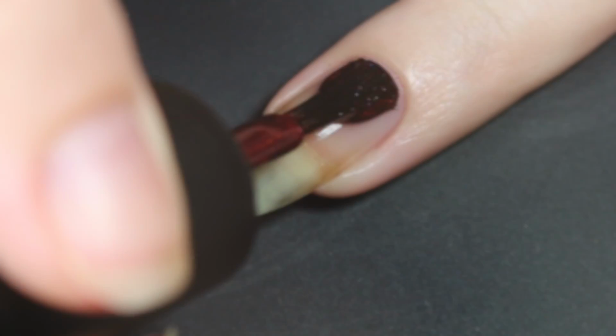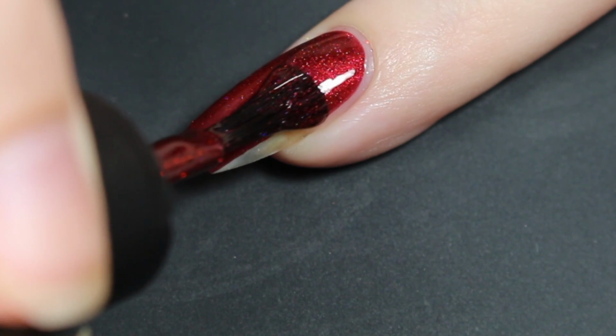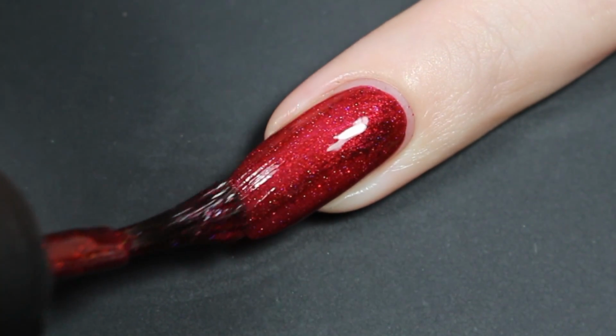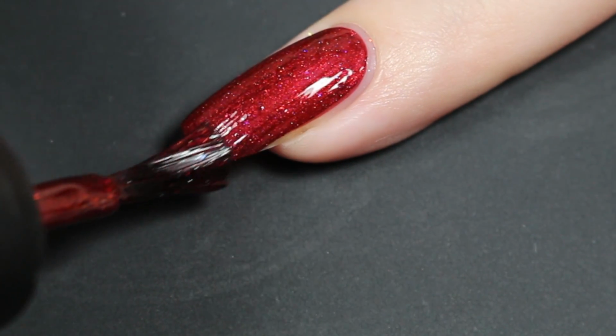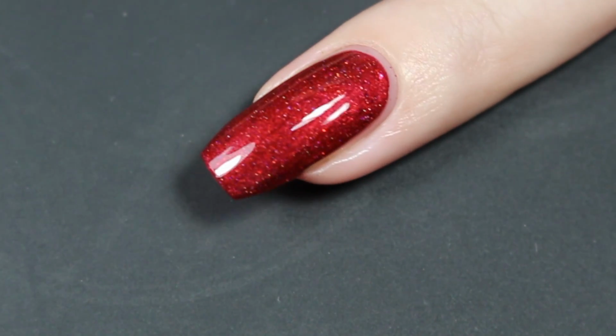Here's a quick brush shot, and I'll show you how Starving Artist swatched on my natural nail. At one easy coat, I had pretty well complete coverage. It did go on so smooth and amazing, super opaque. I also had no staining around my cuticle area. The red shimmer in this base really gives it that lit from within feel, and it was gorgeous in absolutely